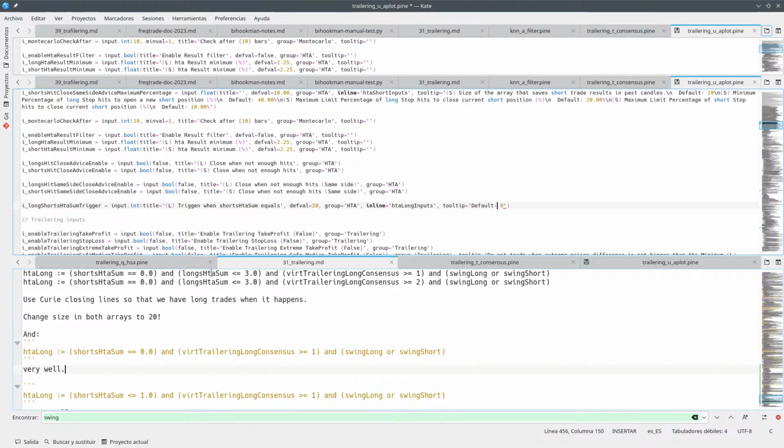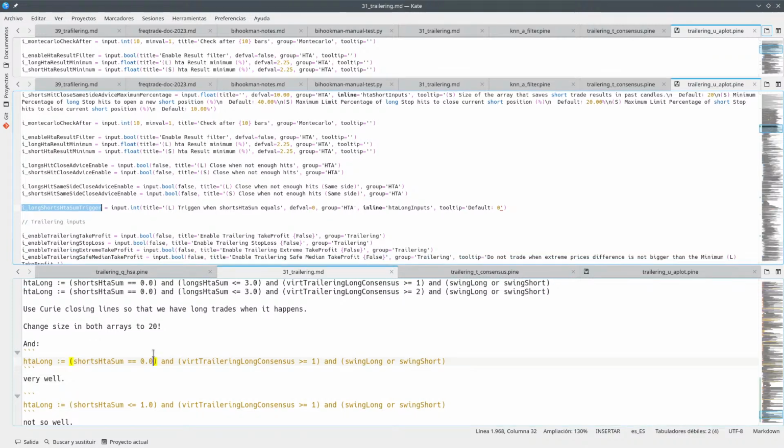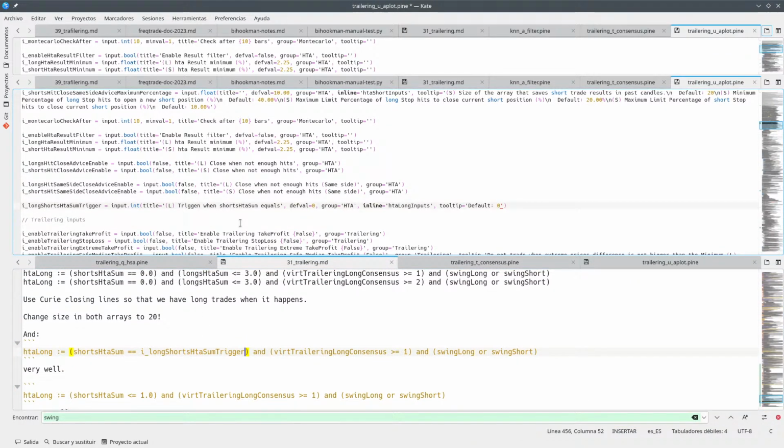It's going to be 0. That's it. Okay. This is going to be this value here. Okay, and then we will do the other one, which is going to be